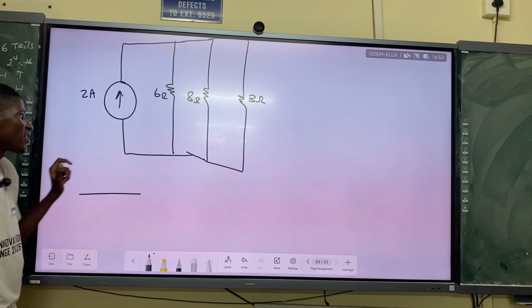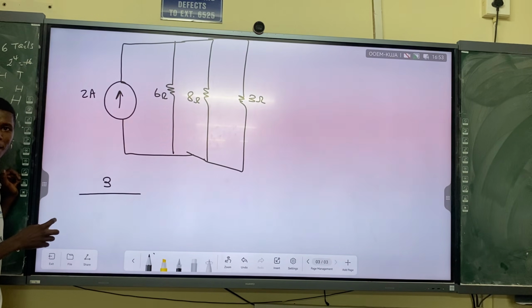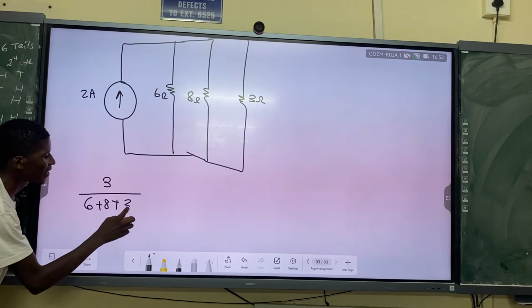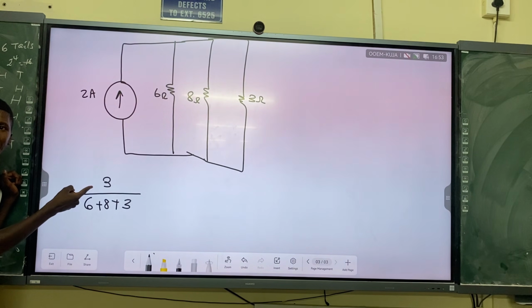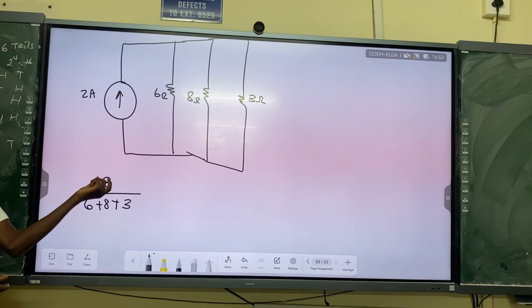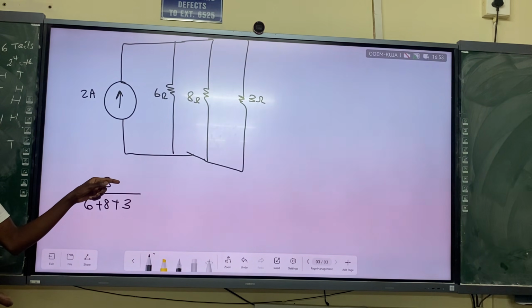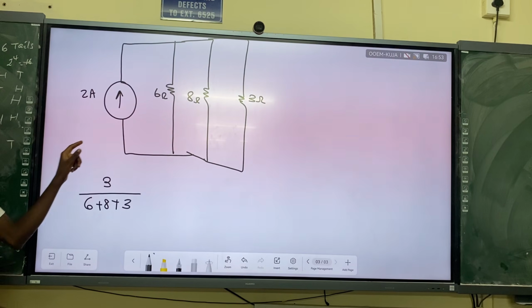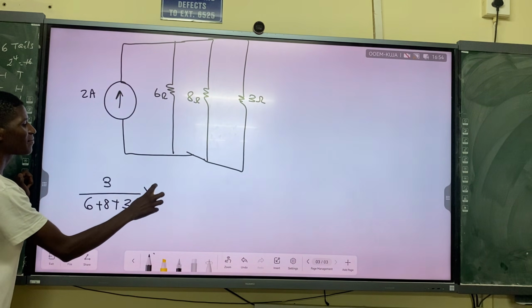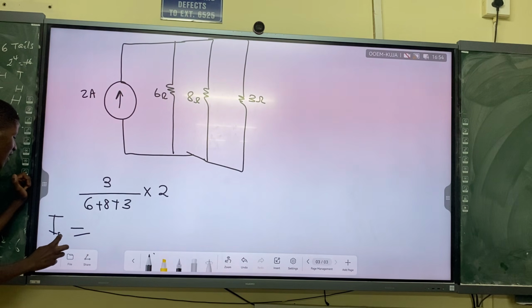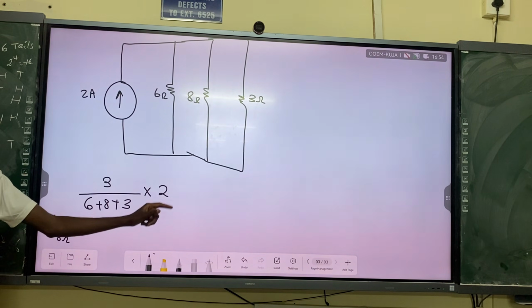So this is going to be 3 ohms over 6 plus 8 plus 3. Why is that 3 ohms then? It's because that's the smallest resistance. So the smallest resistance will give us the ratio, you see the ratio we did. Practicing any ratio a lot is very important. Then times the total current, which is 2 amperes. This will be the current in the 8 ohms. This is just the ratio that we did here.